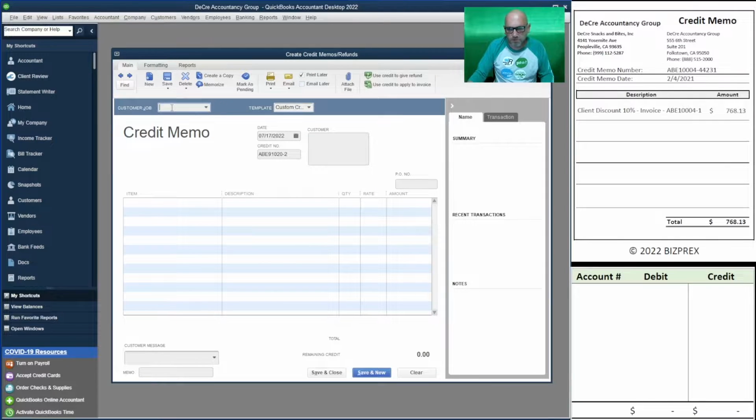So the customer is DeCre Food Snacks. Okay, we're not going to print it later. We're going to assume that it's printed. Okay. Here's our credit memo number. Make sure the date is right. The reason we do it before processing the